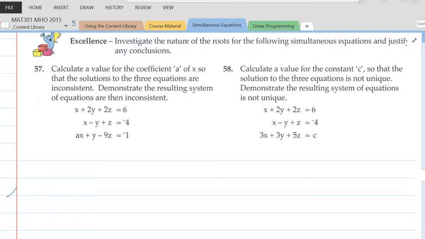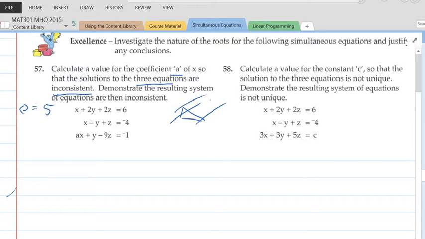Okay, so I'm calculating the coefficients of A in this question so that the solutions of the three equations are inconsistent. So inconsistent means I'll end up getting a solution that is like 0 equals 5 or something like that. And so we either get a situation where these lines are parallel, some of them will be parallel to each other, or we get the situation where we have